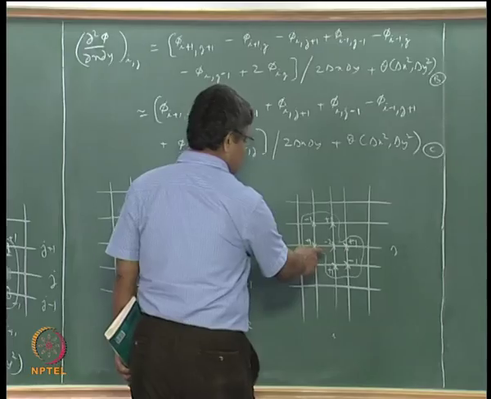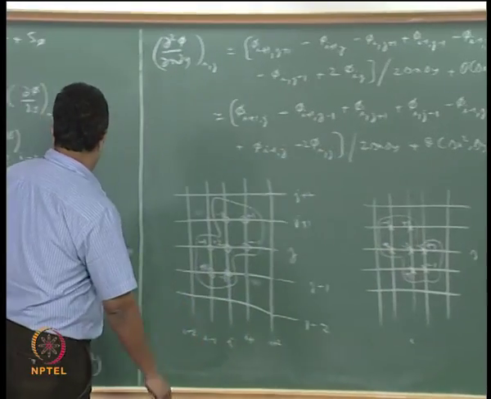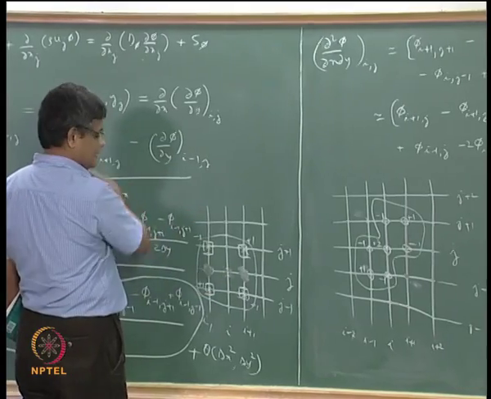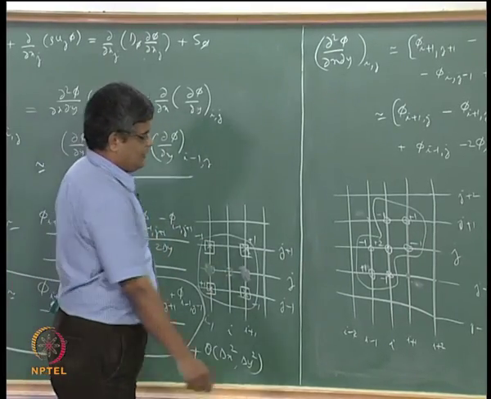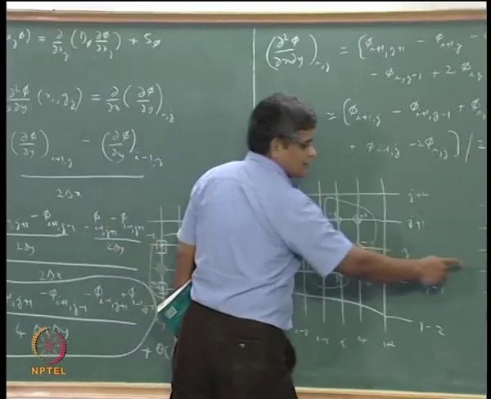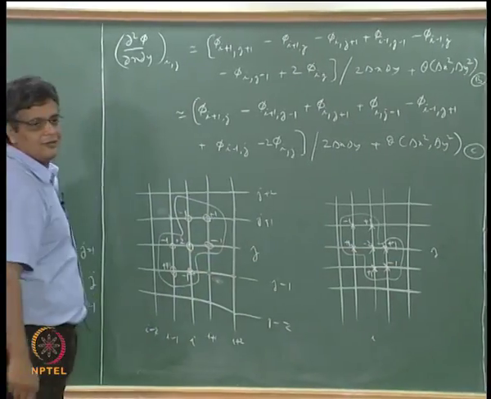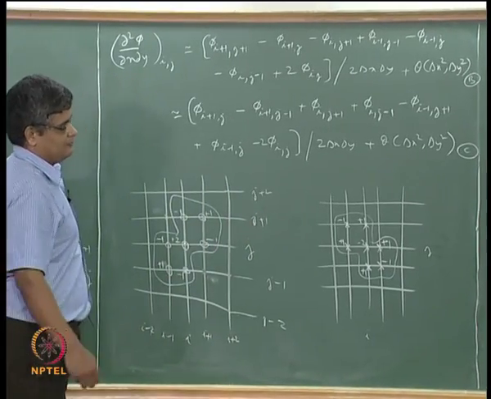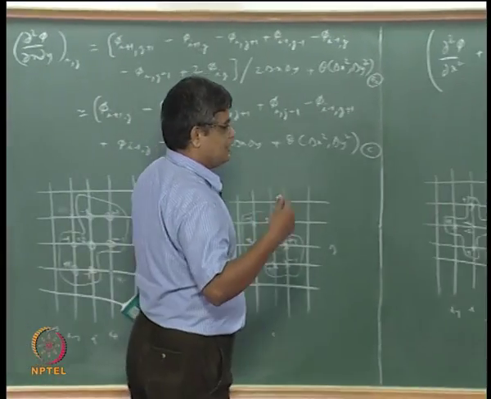Okay, but when you come to the cross derivatives, the weightage for the central point at which we are evaluating the derivative is 0, and here it is something and here it is something, but it is not preponderant. It won't even satisfy the weak form of diagonal dominance. Okay, so when we deal with